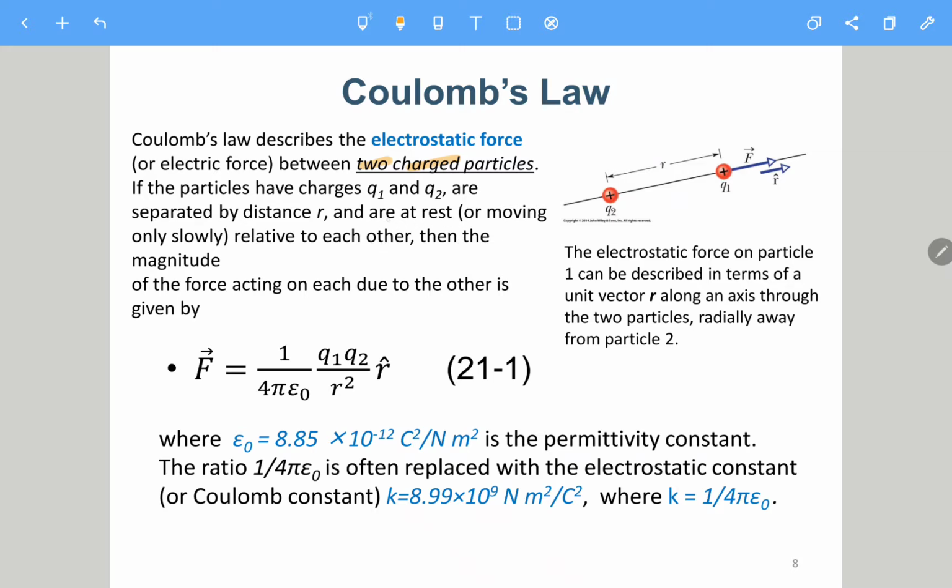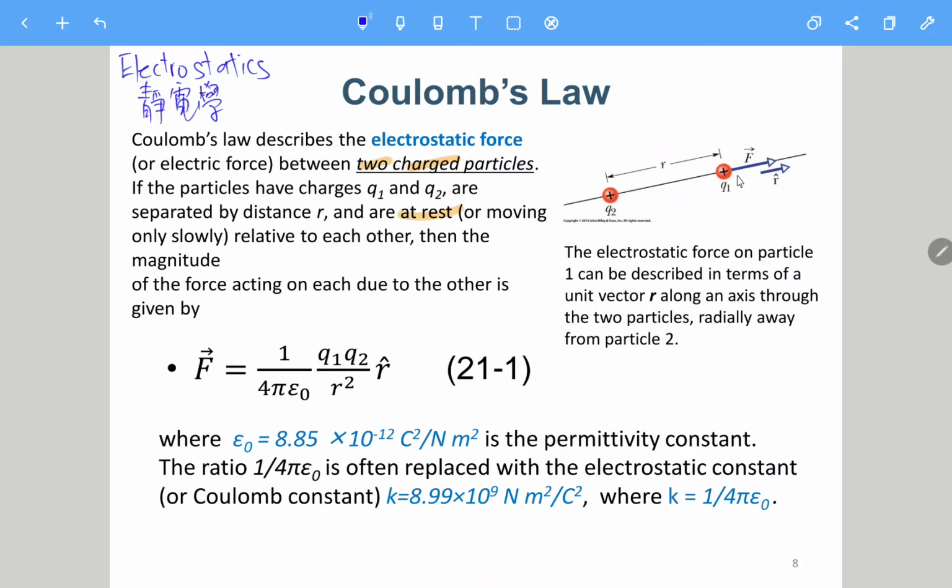This is an assumption, because here it is about electrostatics. 静电学. We usually assume that the initial condition is that the particle doesn't move at all, and we only calculate the